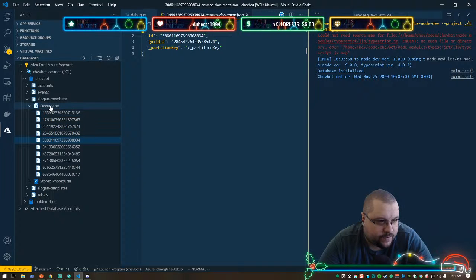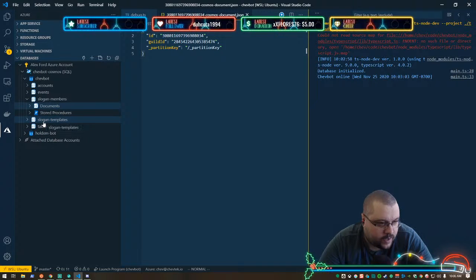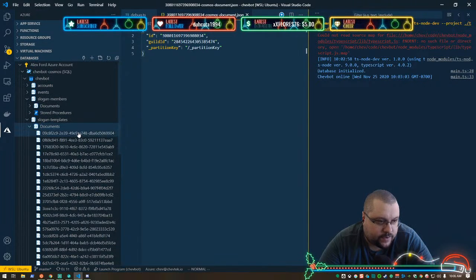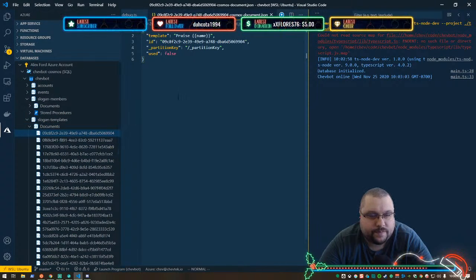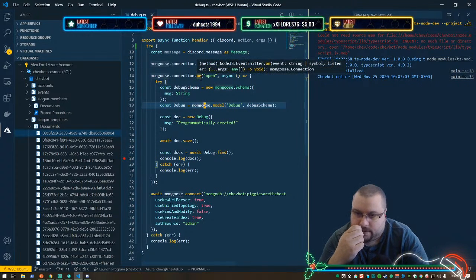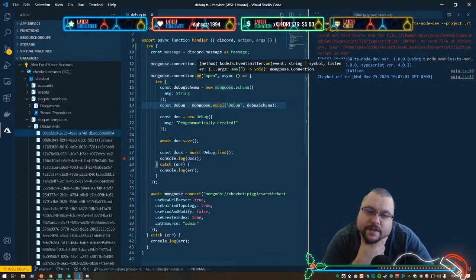So we just got to transfer those over. And then we've got all these templates. That's where the most data is going to come from. Now what I'm thinking we do with the templates